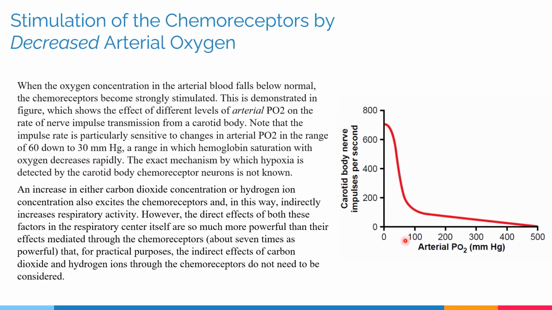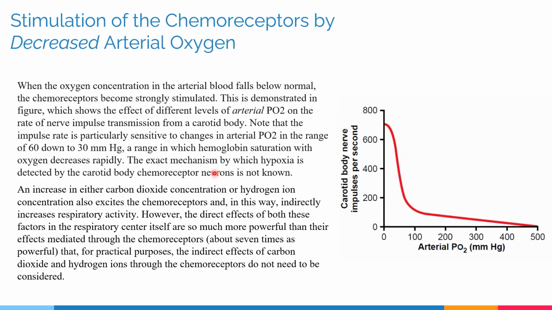This is when the chemoreceptors start detecting and firing at a rapid rate, which can be shown right here, where the normal rate of firing can be taken as 100% at 100 millimeters of mercury partial pressure of oxygen, but it increases little by little up to around 700% of the normal rate of firing as the partial pressure of oxygen keeps on decreasing under the 60 millimeters of mercury mark.